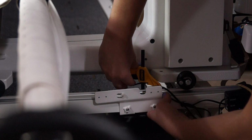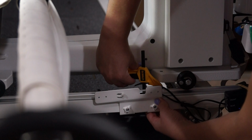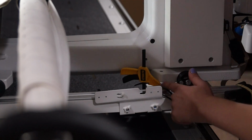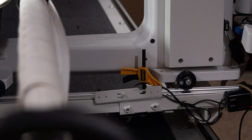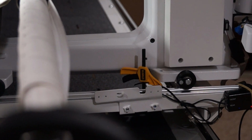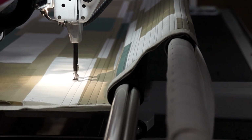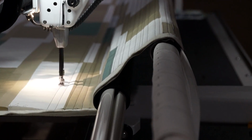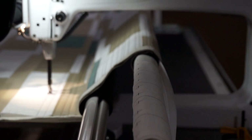But as you'll see, right where the hump of my C-clamp meets my long arm, that's where it stays. And as you're moving across your quilt, you're going to apply even pressure to the long arm, kind of going forward. And I'm working from the back,